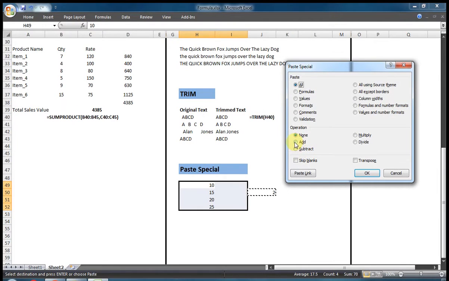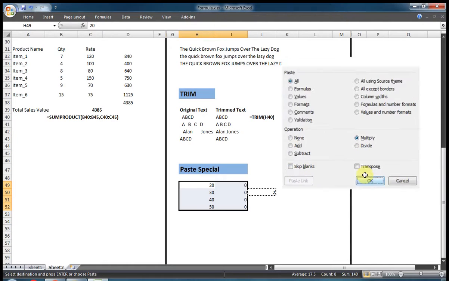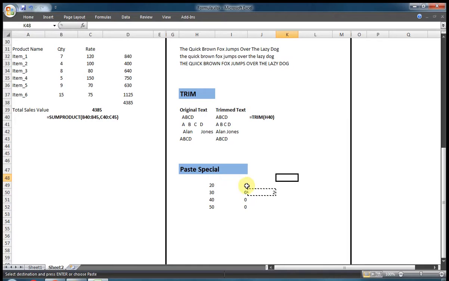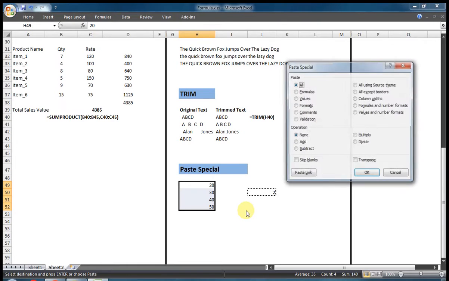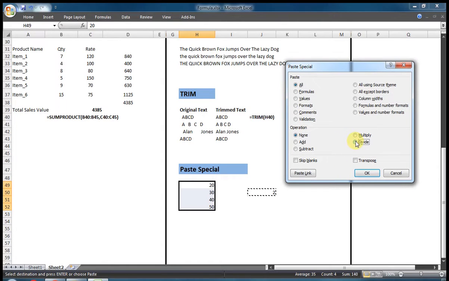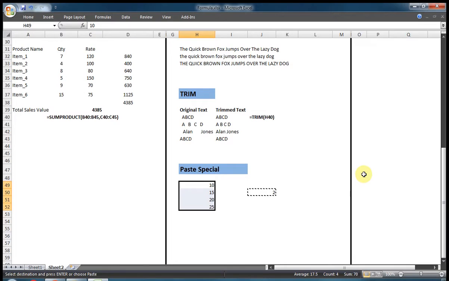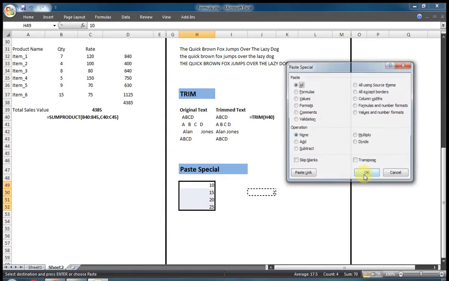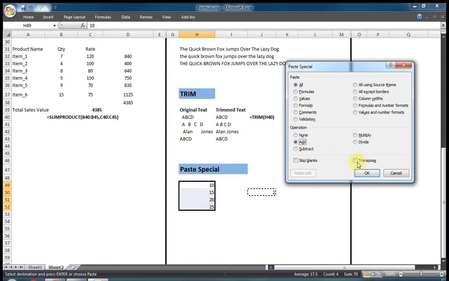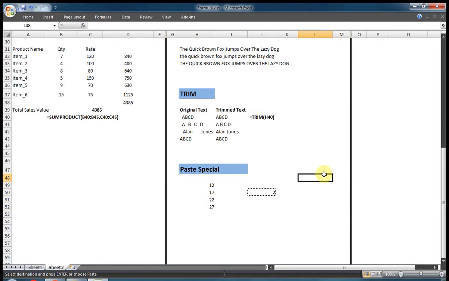Suppose you multiply, all these amounts will be multiplied by 2. You can see it's 2. And if you want to divide, using Alt E S, it will be divided by 2. With Alt E S you can add, and you can subtract also, right friend.